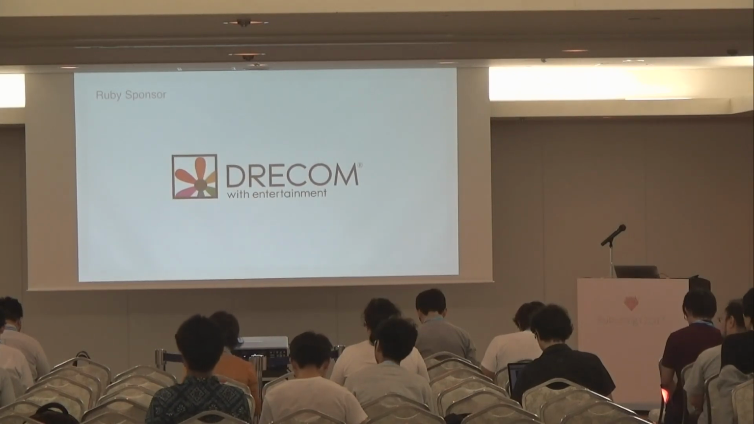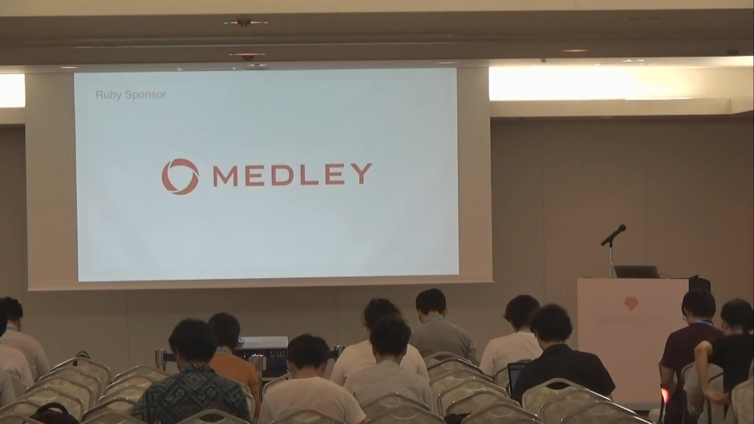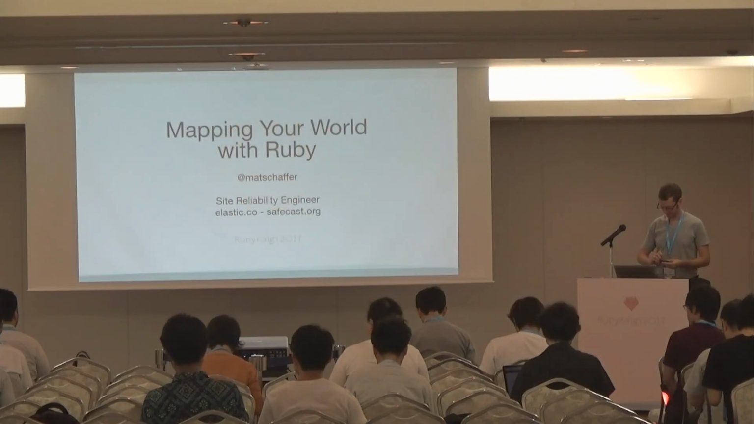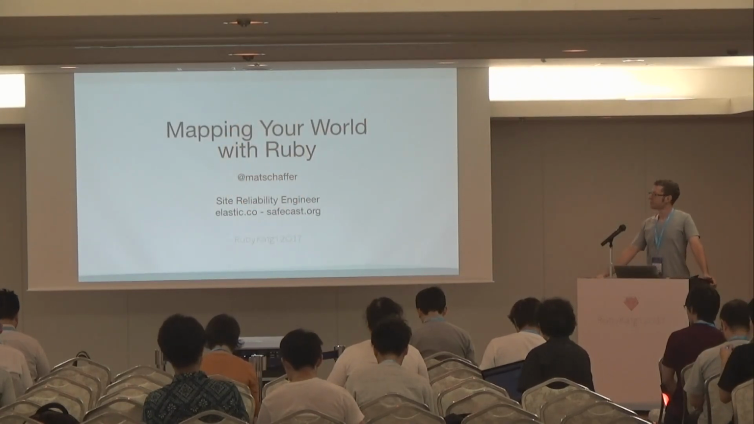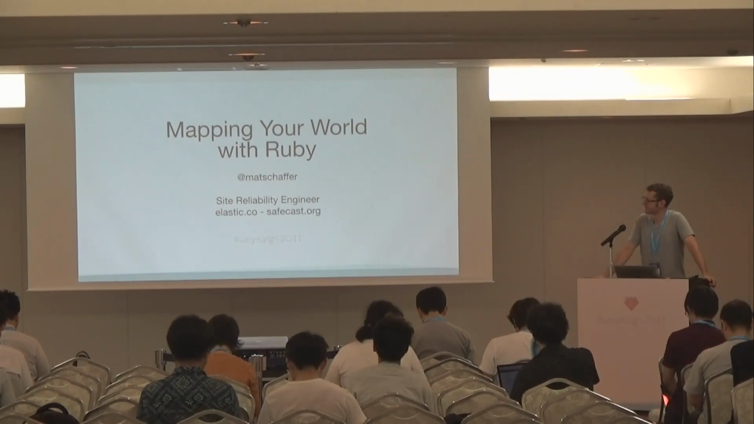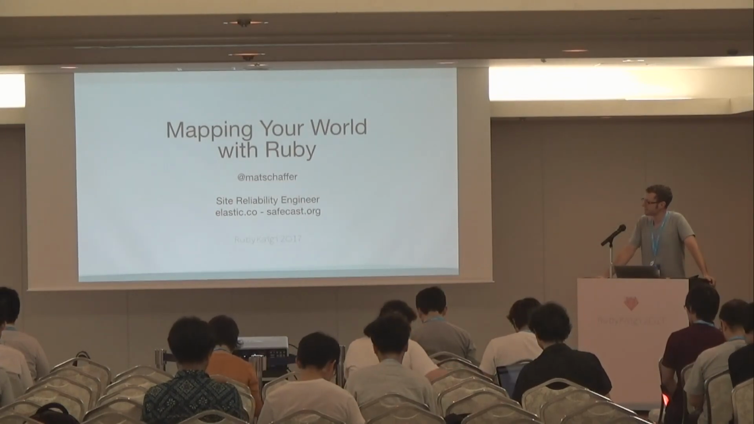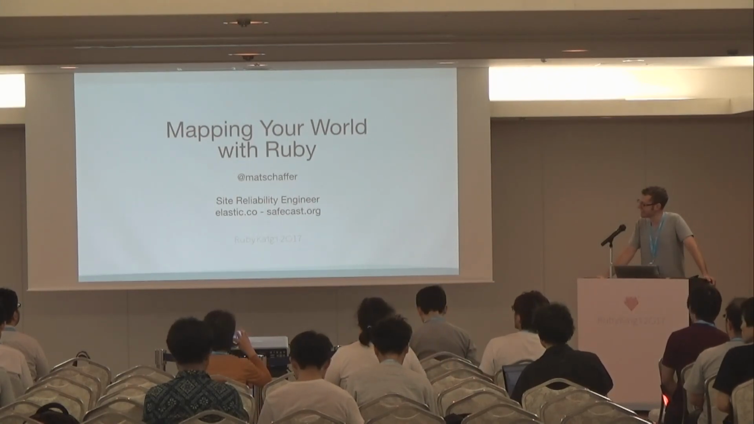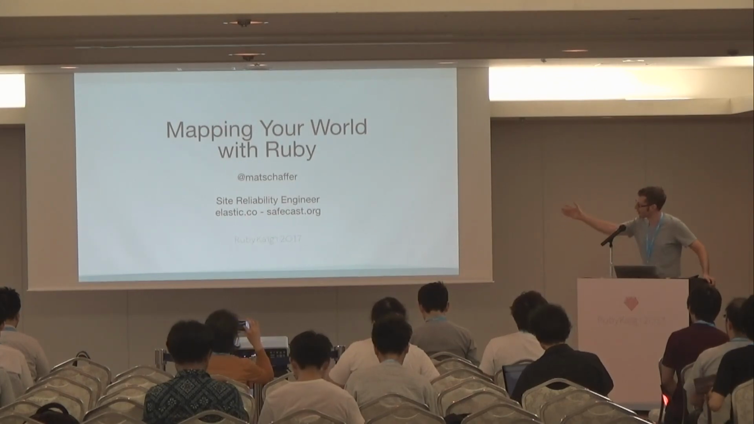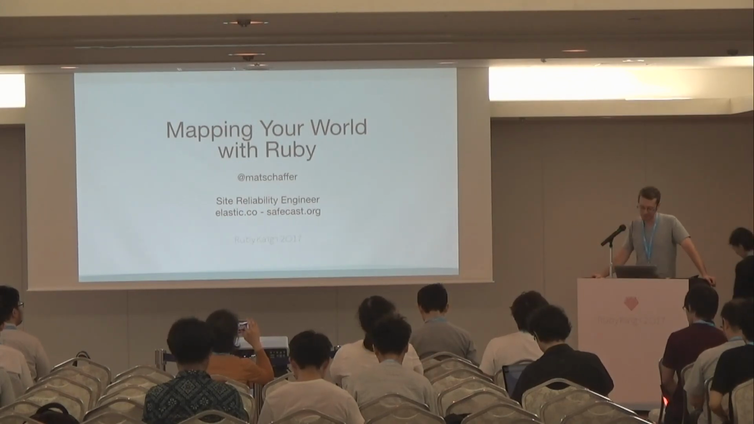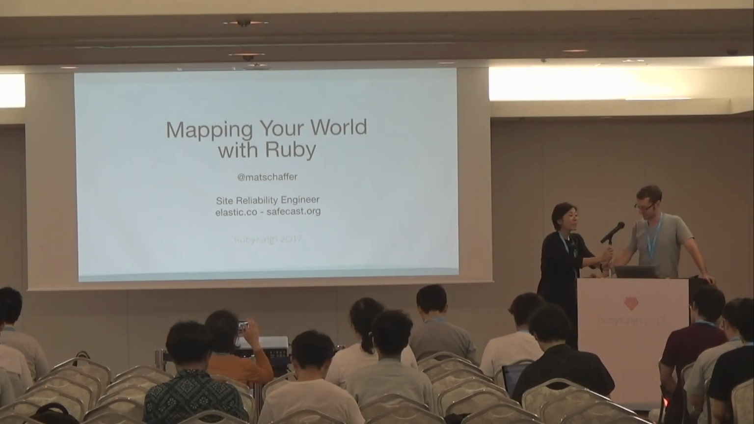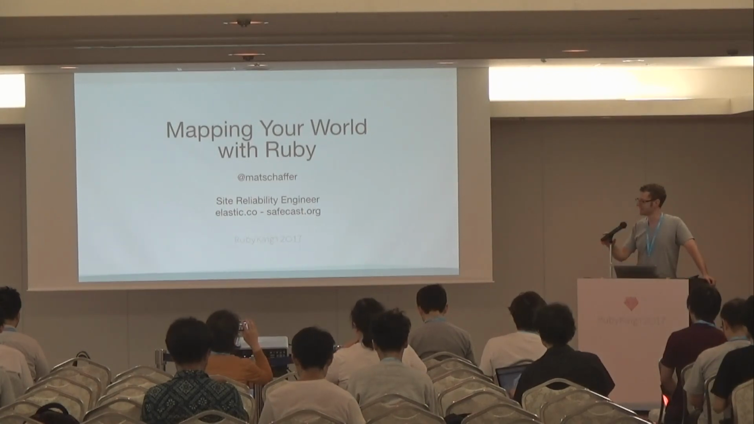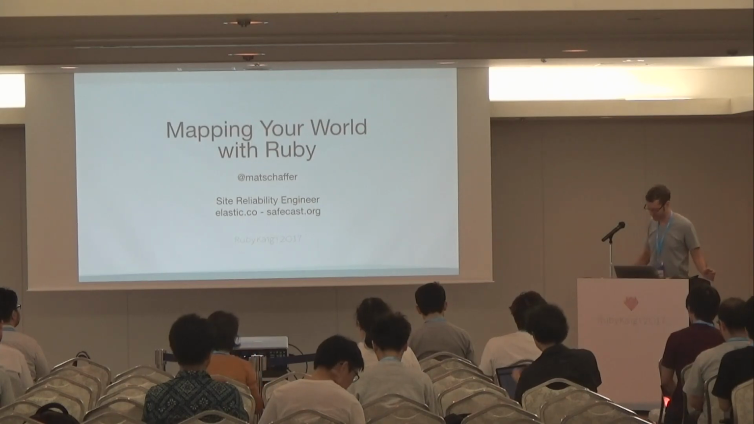So we're gonna start the first session of this room. We're starting with Matt Schaffer's Mapping Your World with Ruby. He's from Gifu in Japan, actually. He lives and works in Japan. You work for Elastic, yes. Right. So this is about his volunteer work called Safecast. So Matt-san, お願いします。よろしくお願いします。